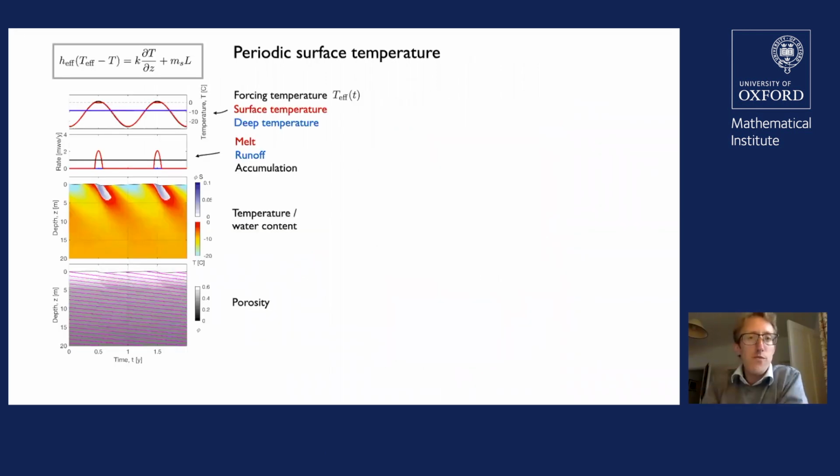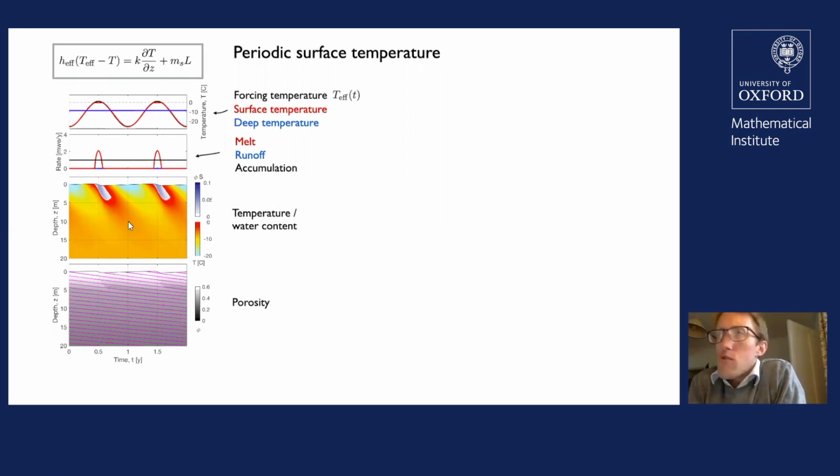Anyway, the point of doing this was that we can then run calculations of what happens to this snowpack as you go through the course of a year. And so this is showing the same kind of thing. The important thing to take from this is that the top panel here shows you the varying effective temperature. That's the thing you should think of as the air temperature. So that's oscillating, and that feeds into this boundary condition. And then that drives this temperature profile that you see in the middle. And you can see